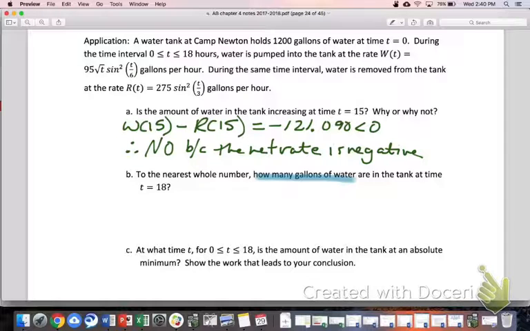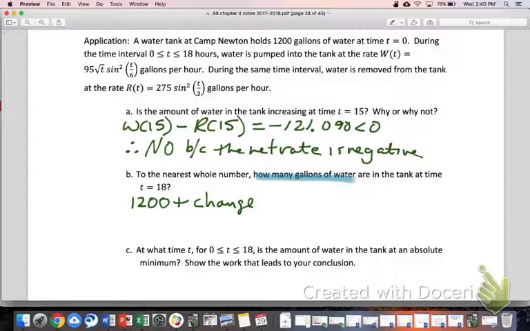Sometimes that's the worst kind. All right, let's take a look at B. Please do slow me down if you have a question on this. It says how many gallons of water are in the tank at time t equals 18. Here was my thought process with this. I know that when t is 0, there's already water in the tank, right? So I'm going to start it off by saying, well, I know that at the very beginning there is 1,200 gallons in the tank. So I'm going to say 1,200